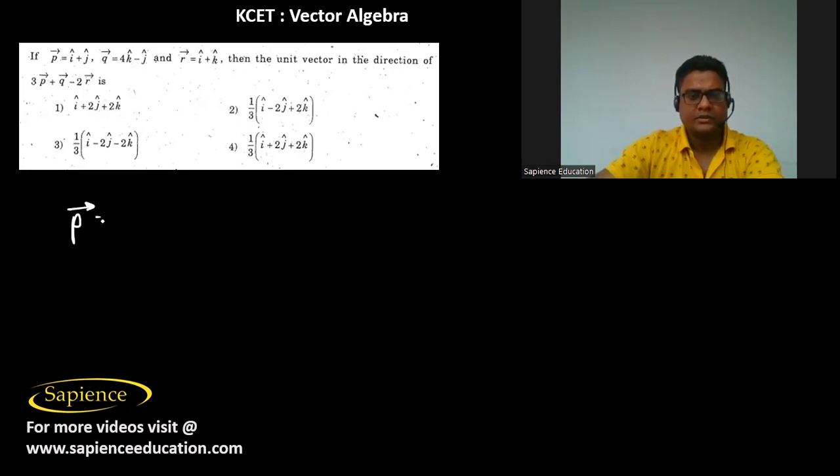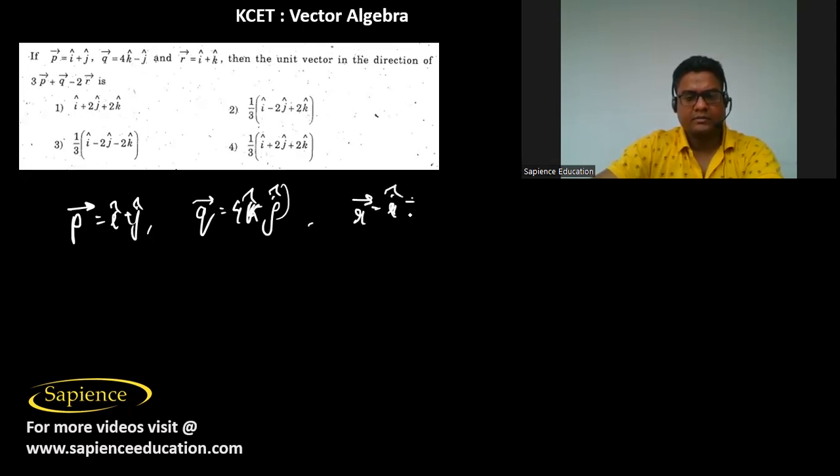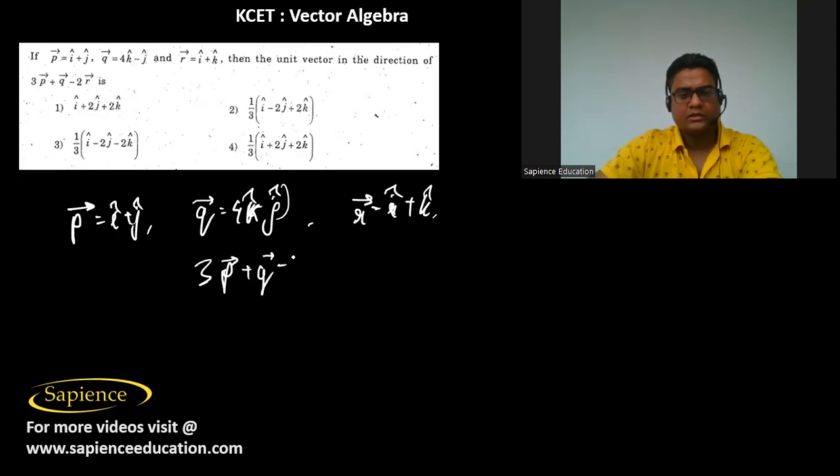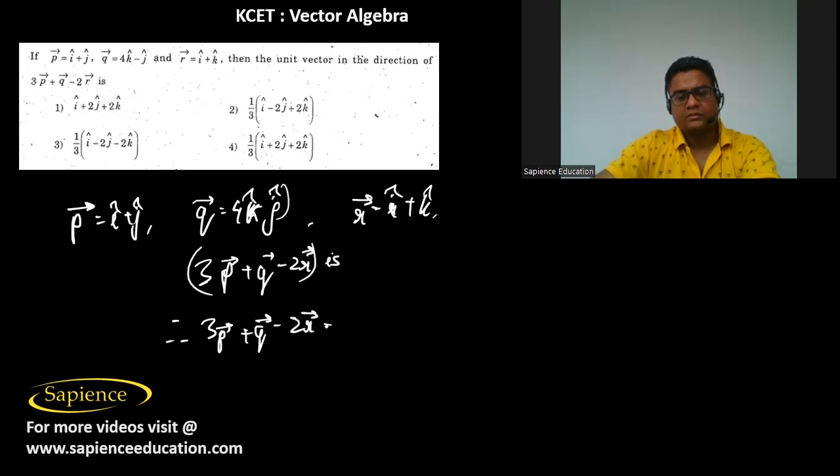If the vector P is i cap plus j cap and vector Q is 4k cap minus j cap and R vector is i cap plus k cap, then the unit vector in the direction of 3P vector plus Q vector minus 2R vector is how much? So we have to find the unit vector that is in the direction of this vector. Therefore, 3P vector plus Q vector minus 2R vector will be equal to 3 into i cap plus j cap plus Q vector, which is 4k cap